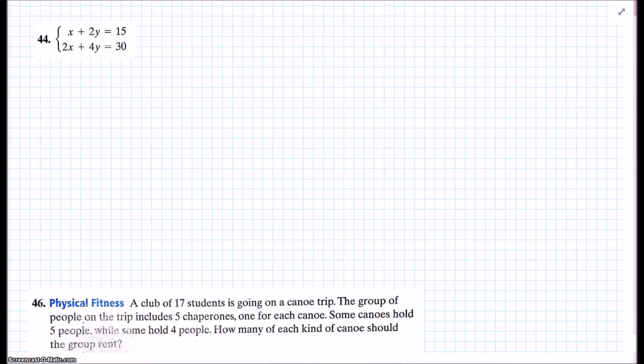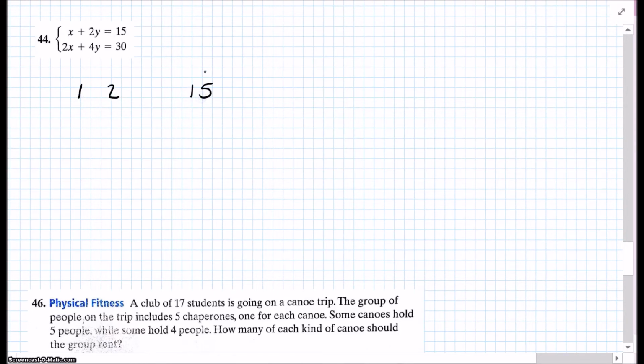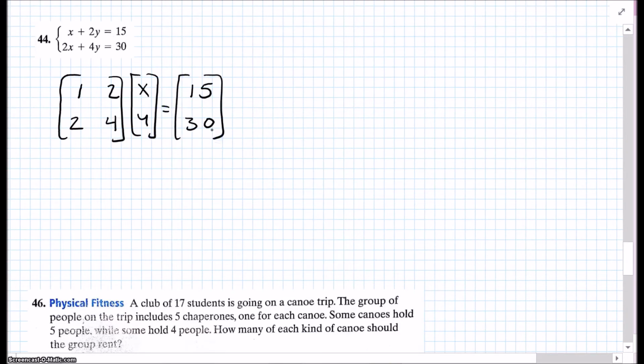Next one. Again, we've got to set up a coefficient matrix first. Let's look at the first equation. The coefficient of X is 1, the coefficient of Y is 2, the constant is 15. Second equation, the coefficient of X is 2, the coefficient of Y is 4, the constant is 13. So I have my coefficient matrix, I need my variable matrix, the order was X, Y, and then I need my constant matrix. So now I have AX equals